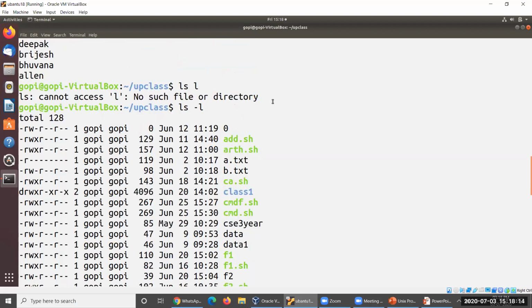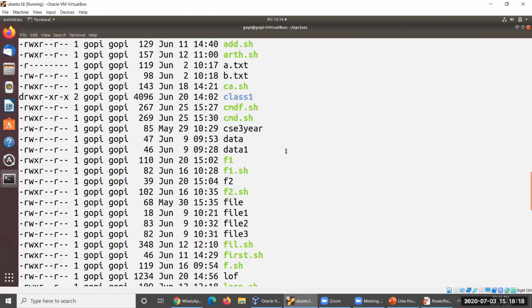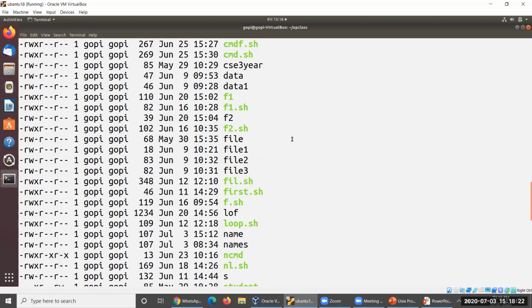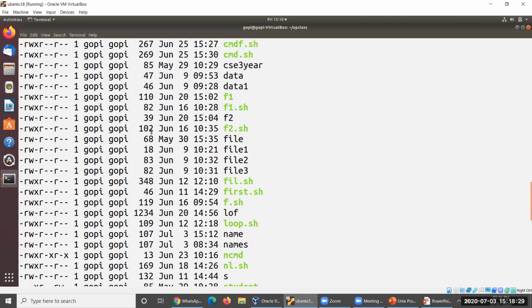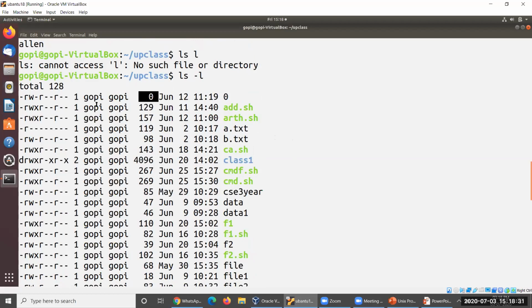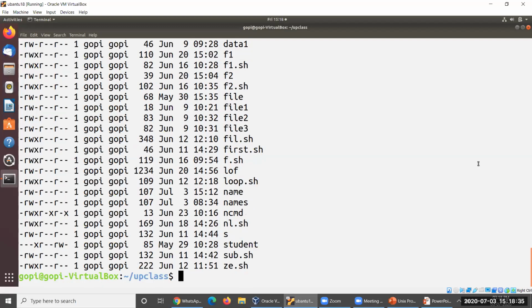Previously, the data was displayed in a miscellaneous order. Okay, as it is in a specific order only, I think. Yes, it is a specific order only, like H, I, J, K, L, M, N. There is no problem at all. Let us go ahead and display based on the size. 1, 2, 3, 4. The fourth one is the size. So let us go ahead and display.